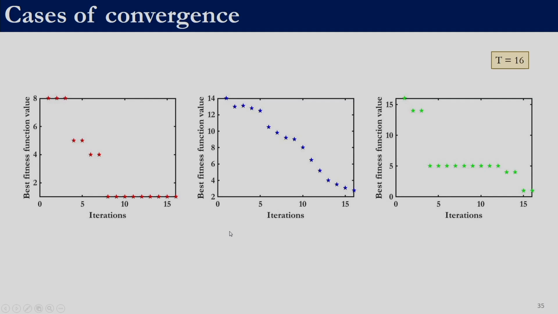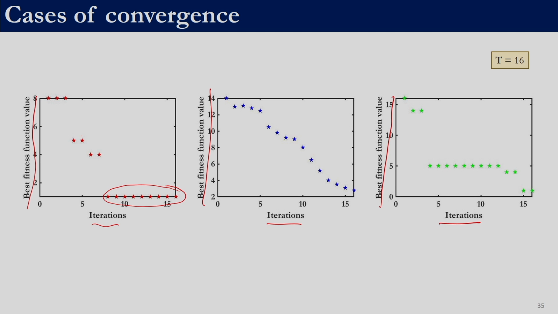These are three different cases of convergence curve, right. In all three cases the x axis is the iterations, and the y axis is the best fitness function value obtained at that particular iteration, right. So, here, as we just discussed, for iteration 5 the best value obtained is this point. In the first case, the values have more or less stabilized, right. For a large number of iterations there does not seem to be a significant change, right.